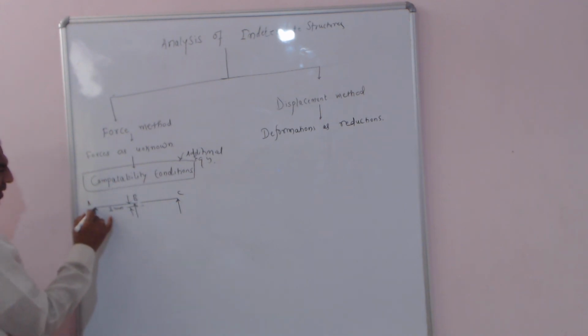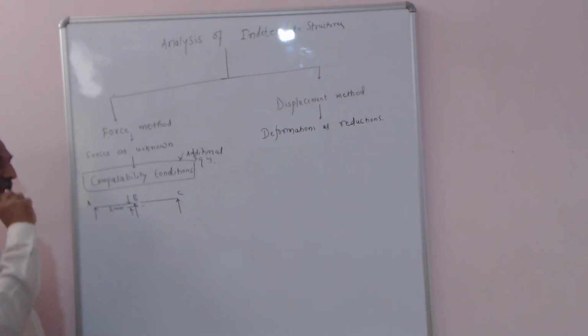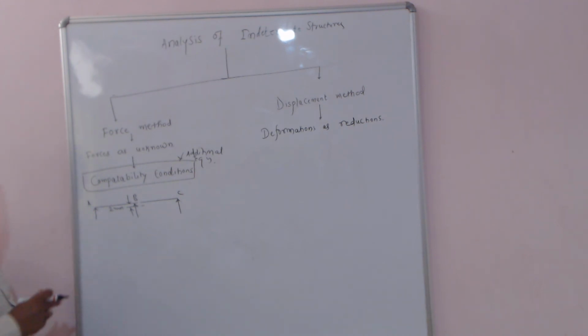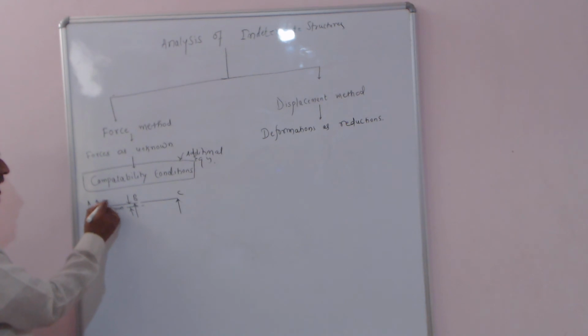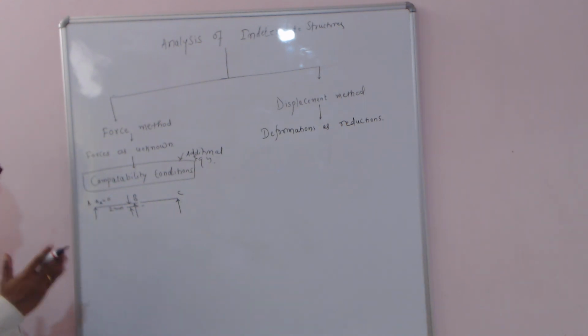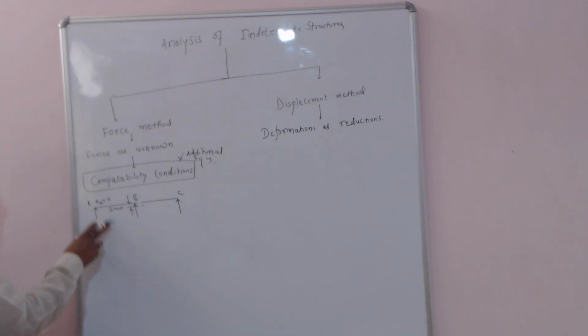Whatever may be the load, this column is sufficiently strong to resist any amount of load. Then what is the compatibility condition at the point A? The deformation or the movement of the point A is equal to 0. Delta at A is equal to 0. Like that, these conditions are called the compatibility conditions. Conditions linking the movement of one part with the other part, in which both parts are in touch with each other. That I am calling the compatibility condition.